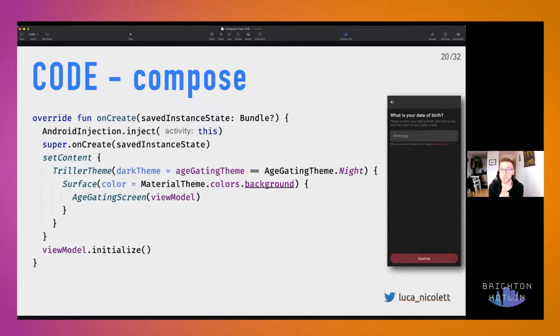So this is the code for the Compose. And again, where it all starts is inside the onCreate function of the activity. And it's a little bit different, as you can see. What we're using is a composable function, which is a new method, setContent, that allows us to provide another composable function inside of it to be rendered on the screen of that activity.